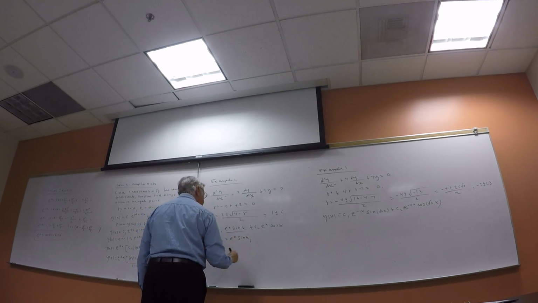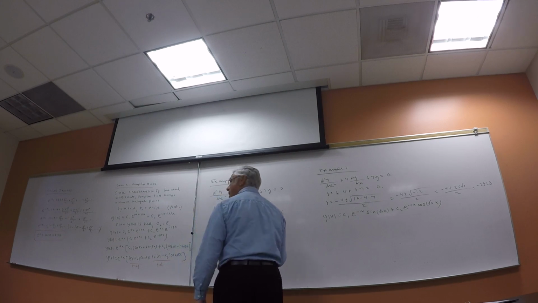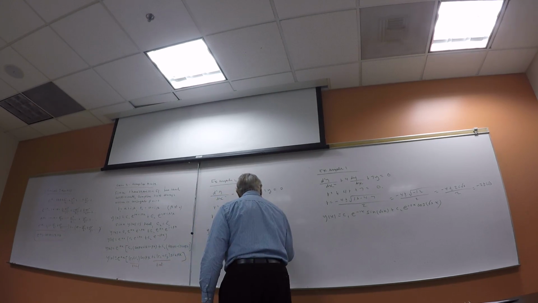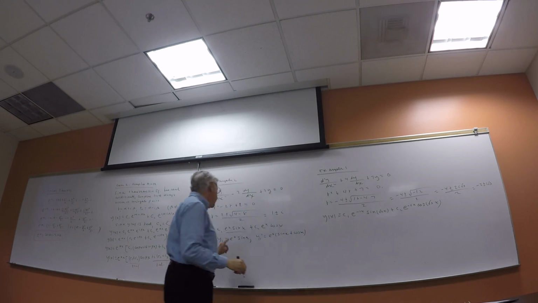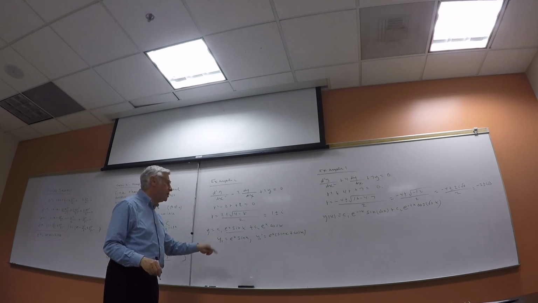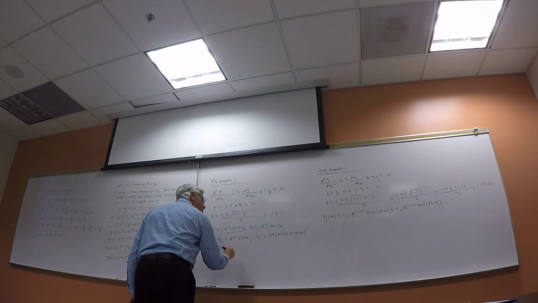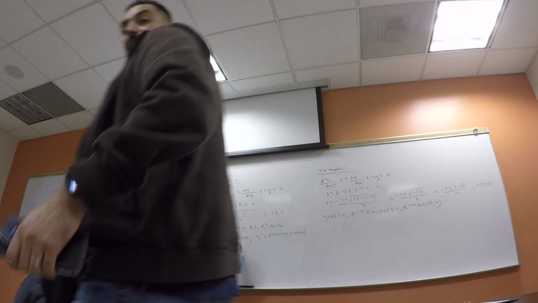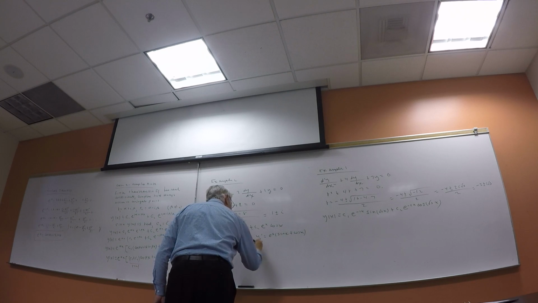Let's differentiate. y1 prime, you pick up e to the x sine x plus e to the x cosine x, differentiating the product. The second derivative, y1 double prime, you do the product rule again, you get e to the x, differentiate here, get cos x minus sine x,